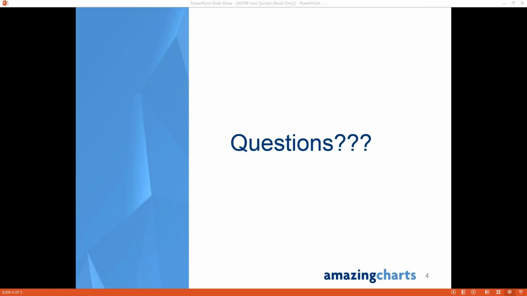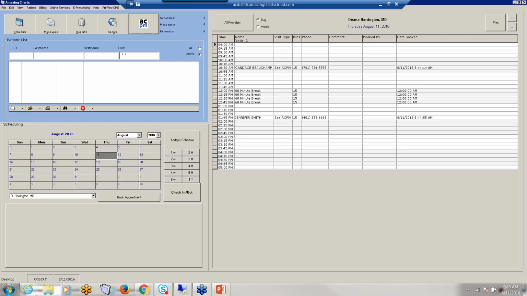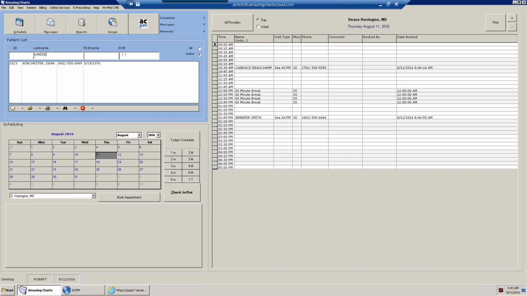I really just focused on a few of those today, but you would learn both in a deep dive demo and also in your training that there are multiple ways to do things in Amazing Charts PM depending on the workflow for your practice. So I only showed you how to access Amazing Charts PM from the main screen of AC, but there are actually 3 other ways right from in Amazing Charts that you can access a patient or ACPM